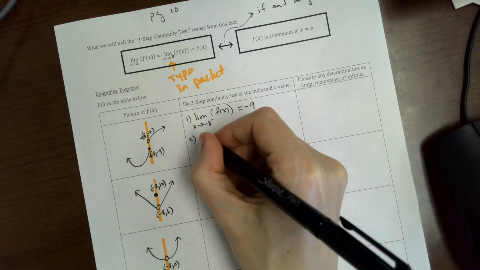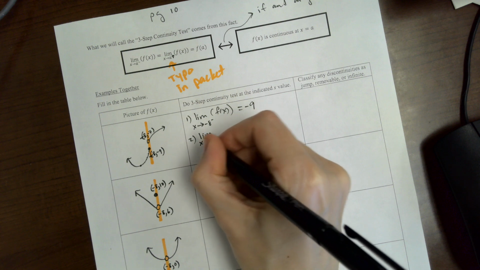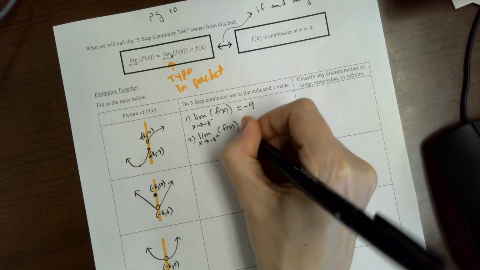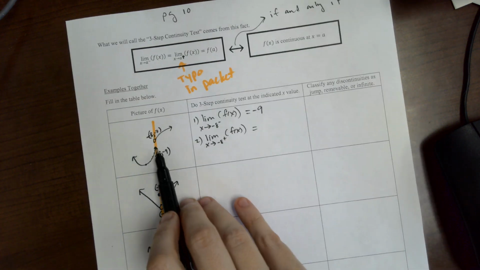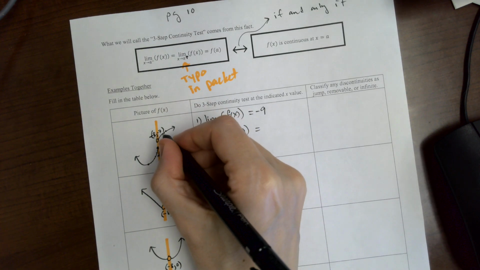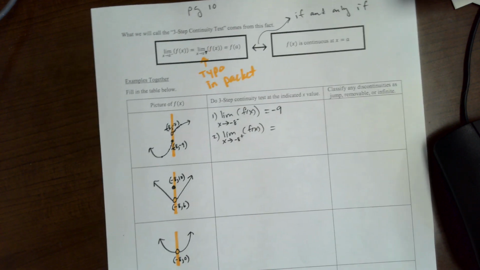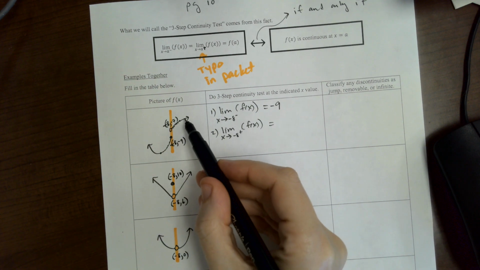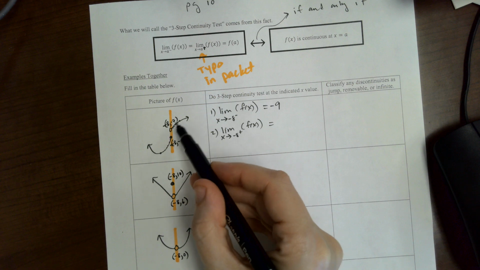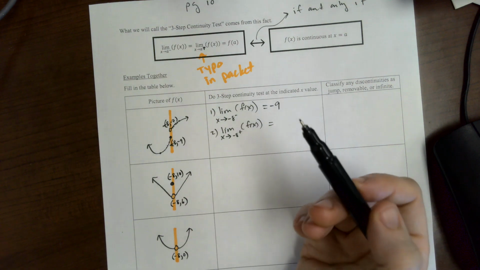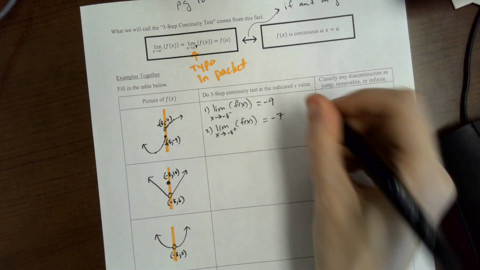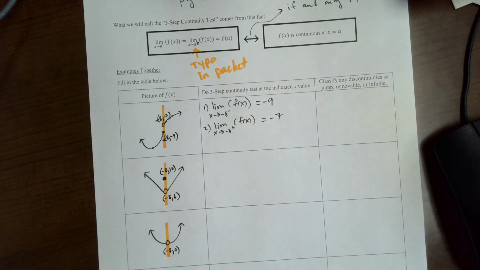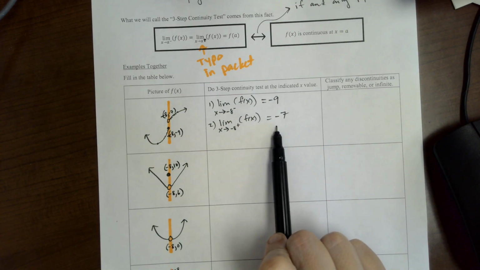Now we're going to do the limit from the other side. So the limit as x approaches -8 from the right of f of x. Okay, so now I'm to the right of the wall, and I follow along the graph, and if we keep following this trend, it looks like we're going to hit the wall at -7. Even though we don't end up hitting the wall there because that's an open circle,